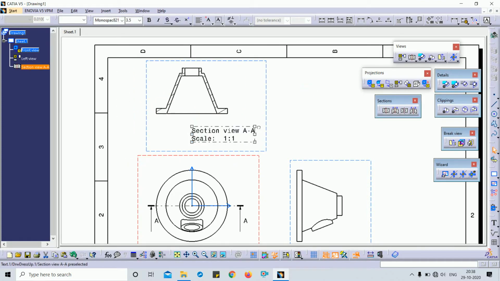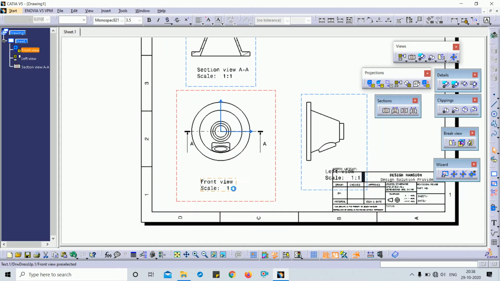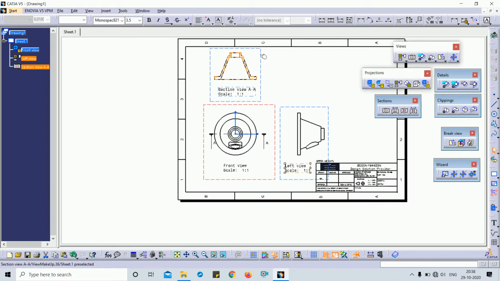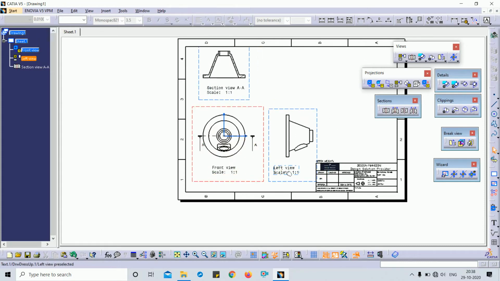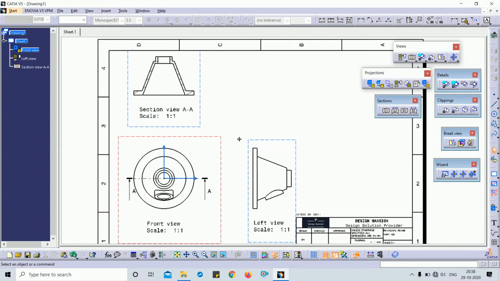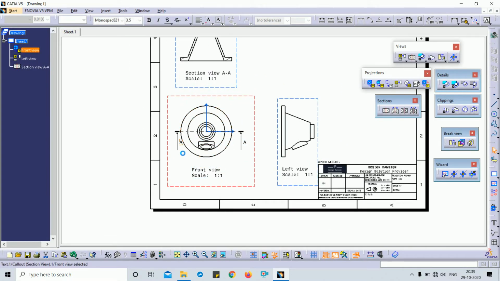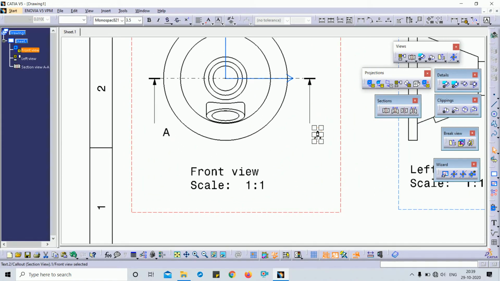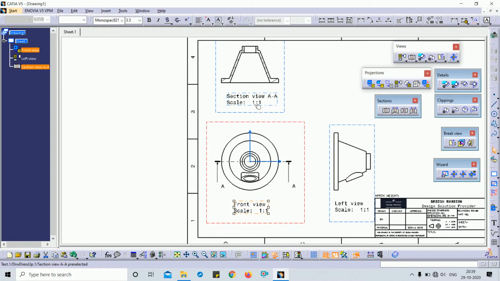Okay, now that's clear. You can change this font also from here.